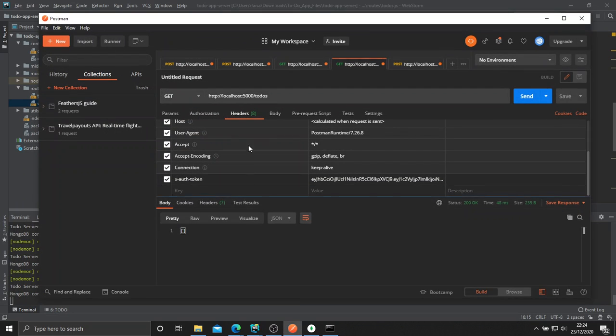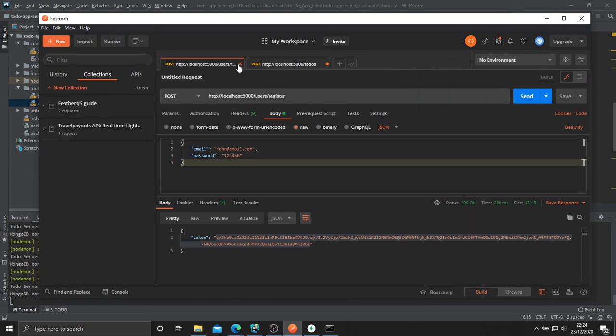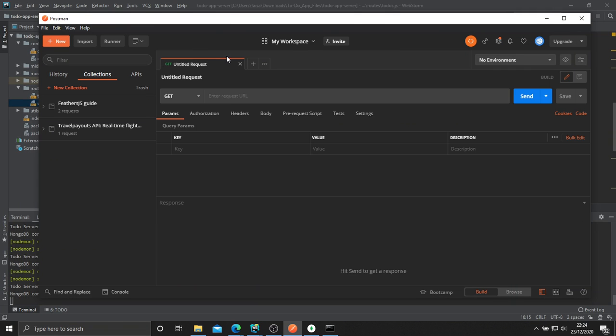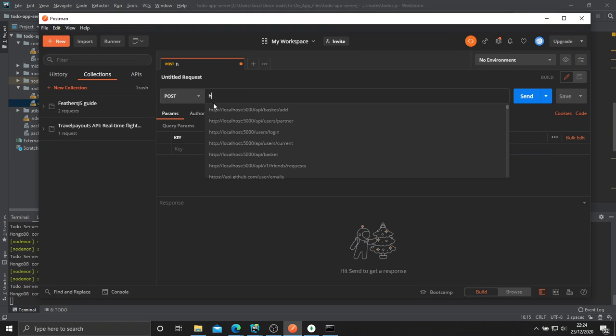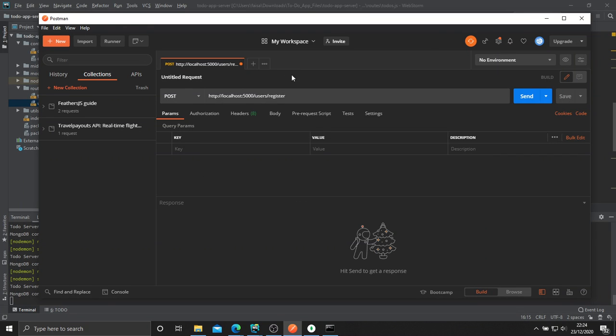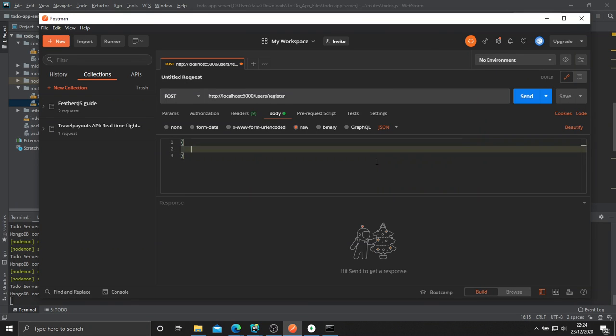So let's go to our Postman. I'm just going to go ahead and close all of these and then start from scratch with you guys. So we'll change this request to post rather than get. In here we want to do http://localhost:5000/users/register, like that. And then we want to click body, then click raw, then click JSON, and then put in a JSON object